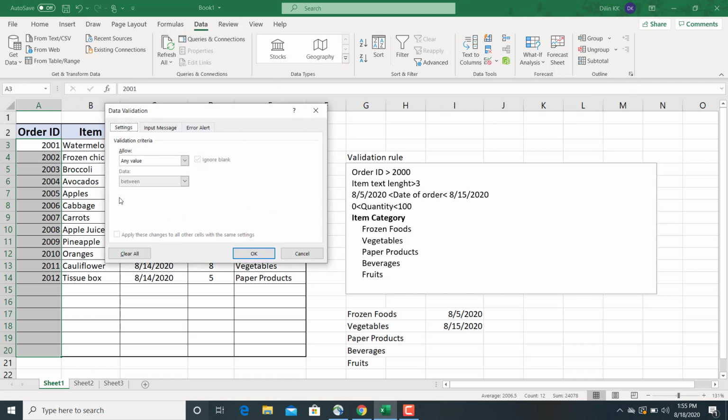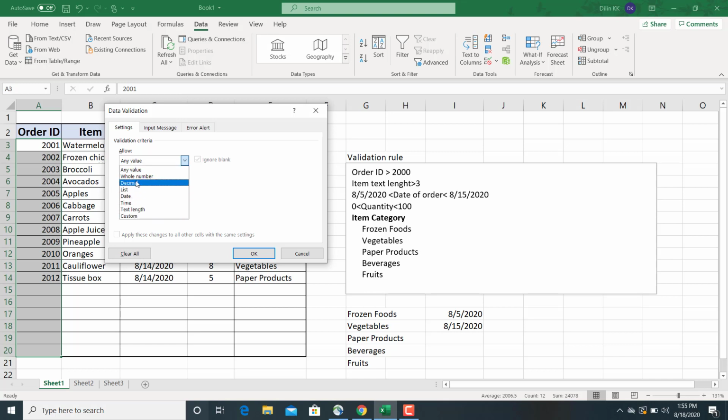Now you will get a Data Validation window. This window has three options: Settings, Input Message and Error Alert. So select Settings. Here you can provide what kind of value you can allow for that cell. In this case, I want to apply a whole number that is greater than 2000.